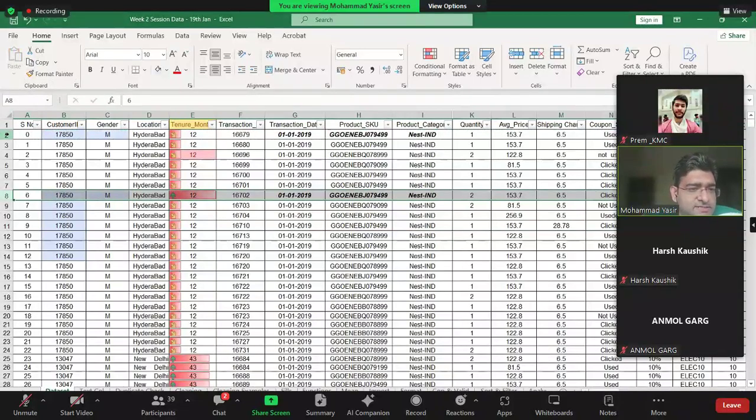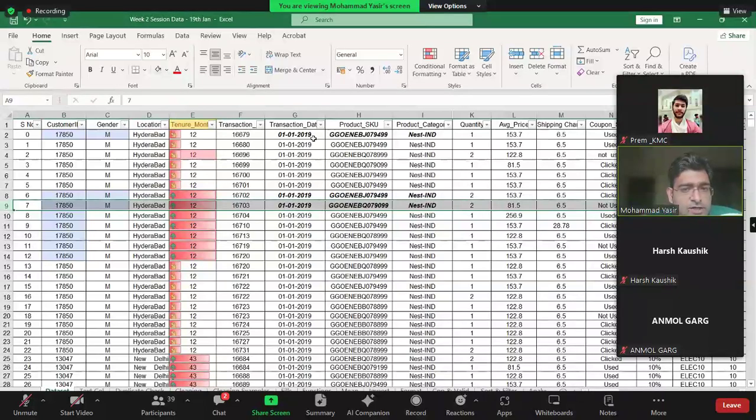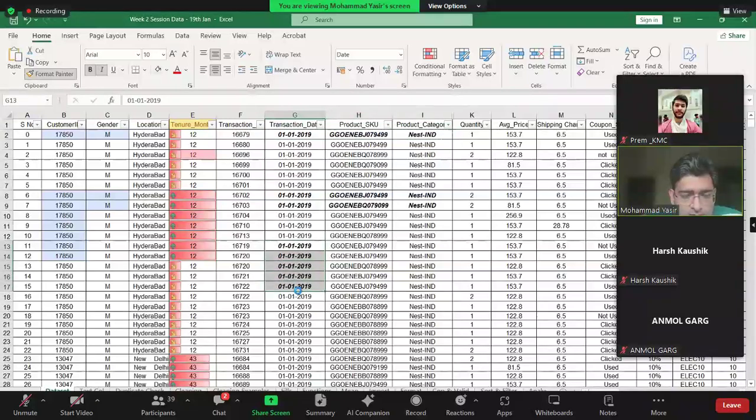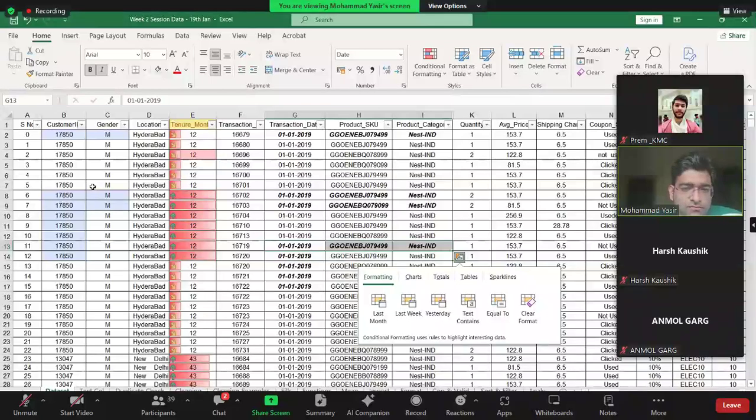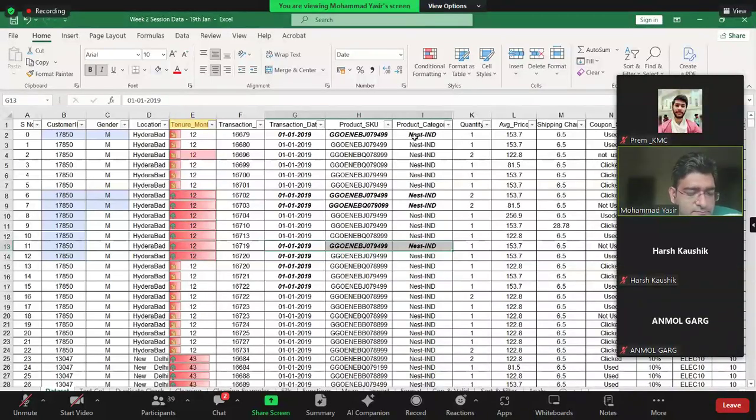So when I selected this row, I did format painter. So its format will be copied. Now if I select all these rows, this format will be copied here, right? So you can do this to whatever section you want. Like here, this format will be copied. I don't know why it is not doing this for the entire set. Like this, you can simply copy the format, right? Without understanding what was done here.